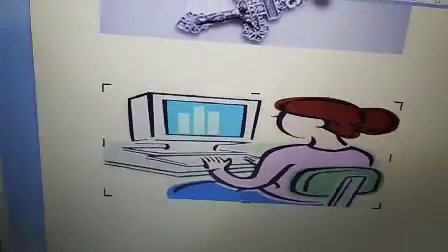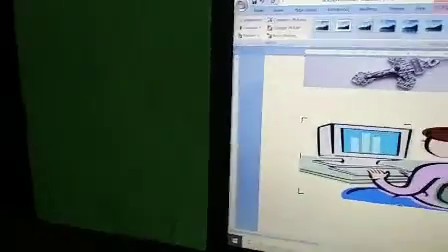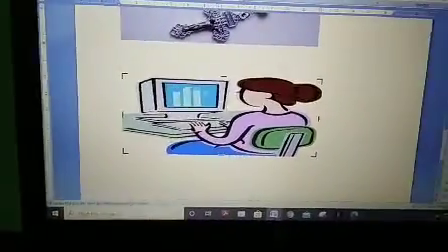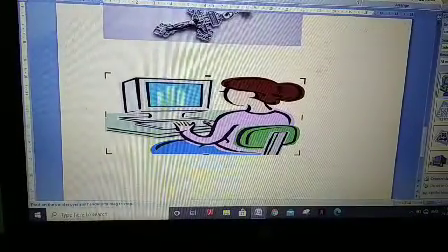These cut points are called crop handles. Through these crop handles, the picture can be cut. I'm going to cut the picture.